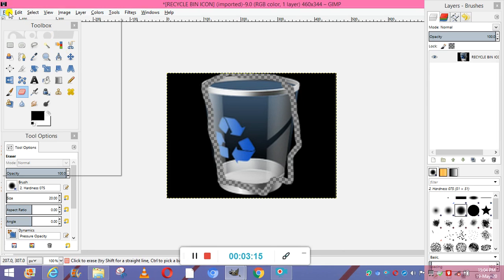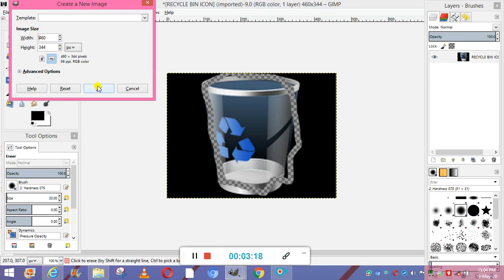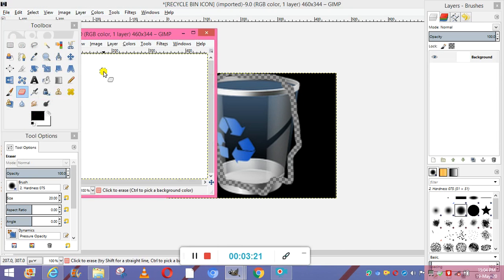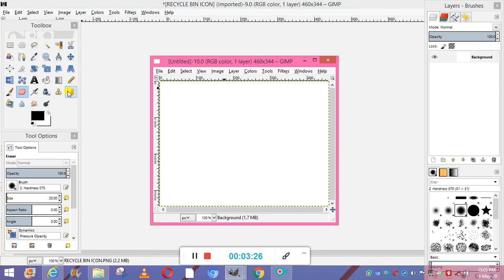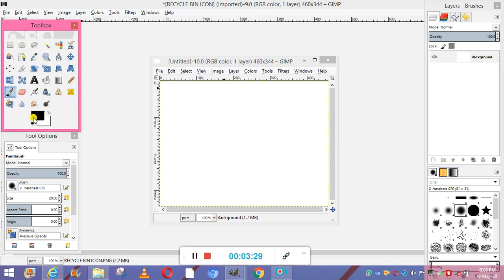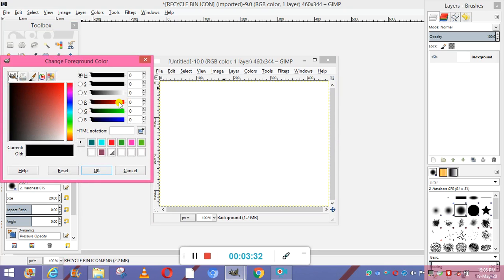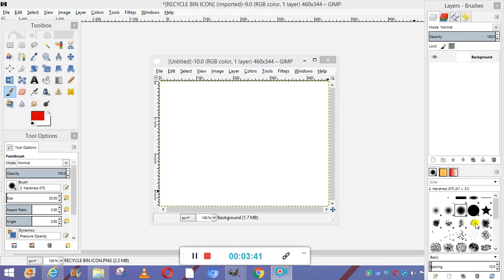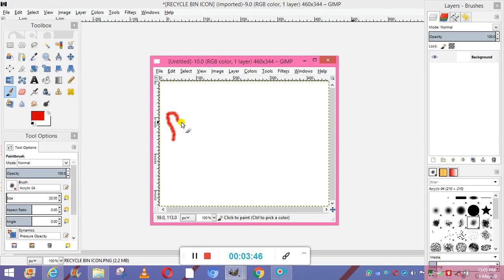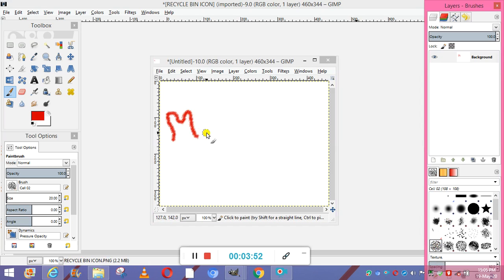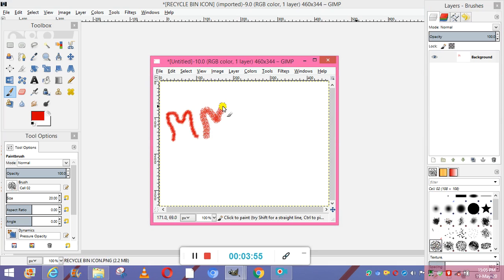Okay, so I'm opening a new file which is going to be empty. I'm not taking any image, so that we can see what is the effect of the brush there. Okay, so this new layer I have opened and I'm going to select the brush from here, and I can take any color. Suppose I'm taking this maroon color. Now I'm selecting any of the brushes from here, so I can move my pointer. Now you can see this is the brush style. Okay, if I change my brush to a different design, it is going to be in a different style.